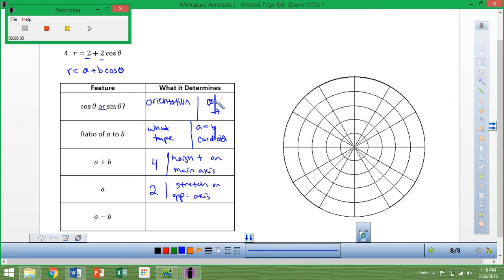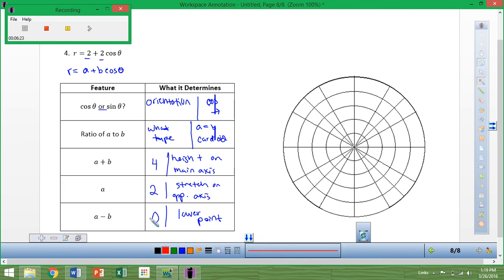Since this is cosine, our main axis is going to be the polar axis, or the x-axis, and the opposite axis obviously would be the y-axis here. A minus B is 0. That's going to determine your lower point. So if we have all that,